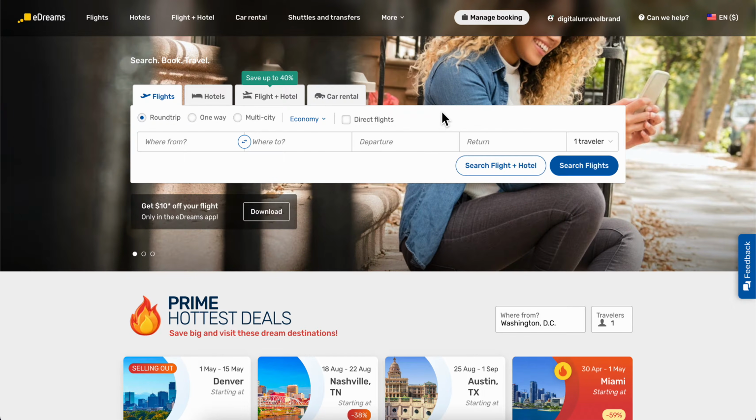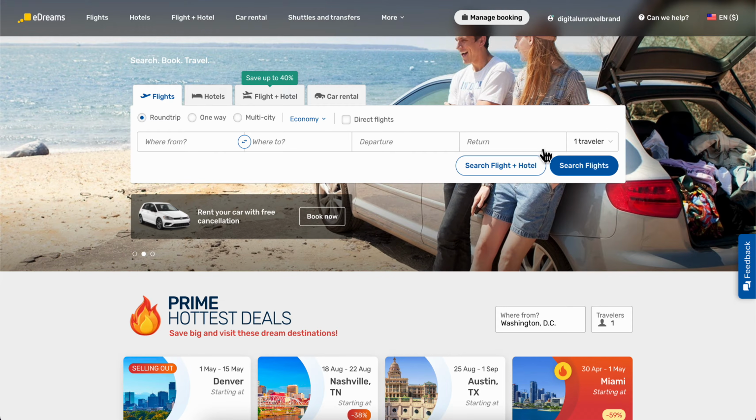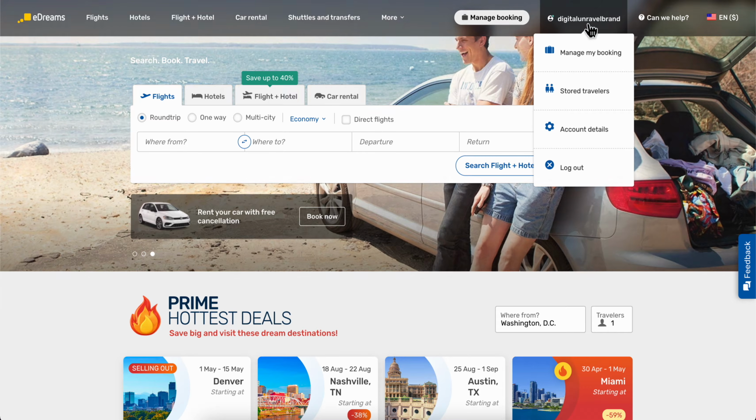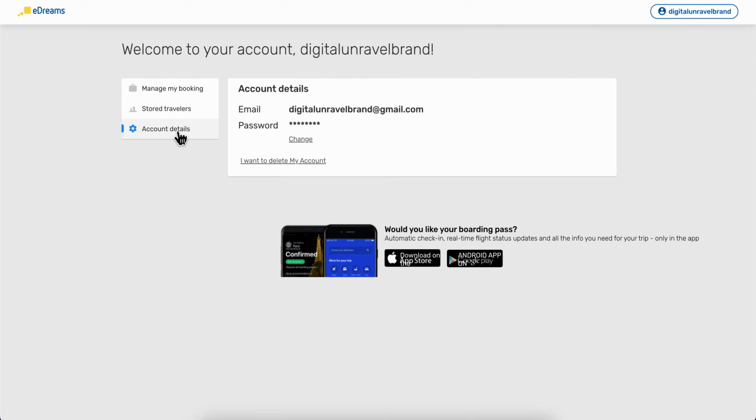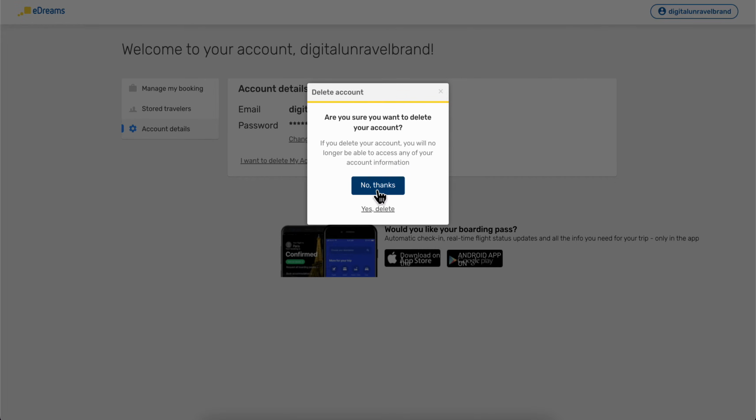So what you're gonna have to do is simply go to edreams.com, and after you log into your account, what you're gonna have to do next is simply click on your name in the top right corner and then go to account details. Then make sure this is selected, and then simply click on I want to delete my account. And then here simply click on yes, delete, and basically this will cancel